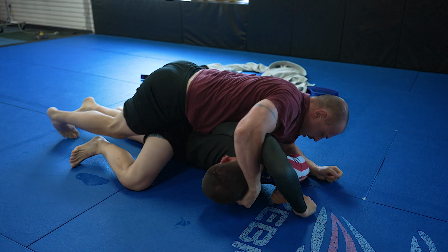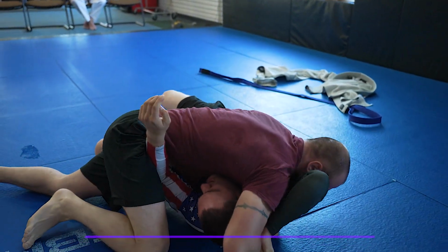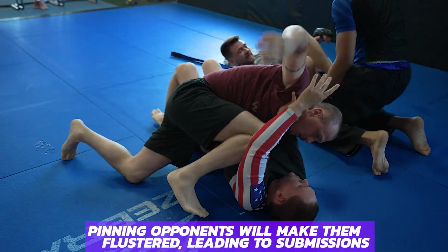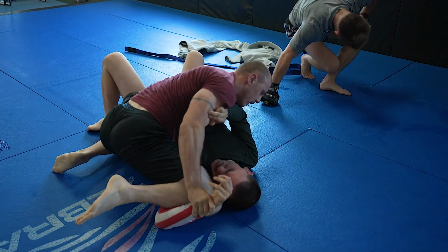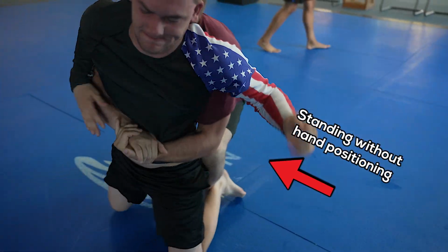He's constantly attacking the head of Ben with his far side half Nelson and keeping him flat on the mat. Having the technique to be able to pin somebody down and hold them in that position goes a long ways in jiu-jitsu as well, because then they won't be able to shrimp or set up any submissions on you. He's looking towards the crucifix, but then Ben is able to roll his way out, and unfortunately he makes a